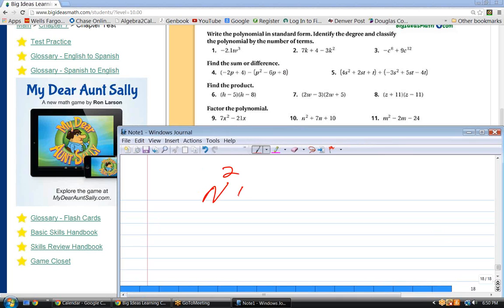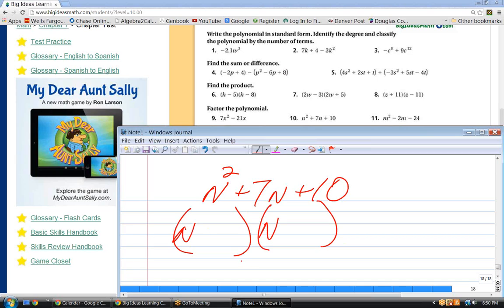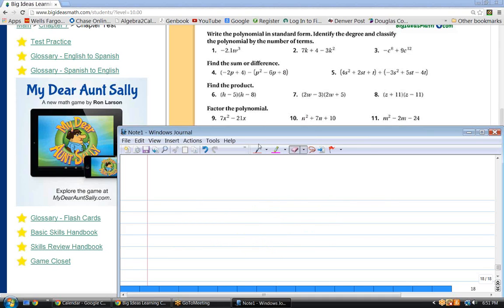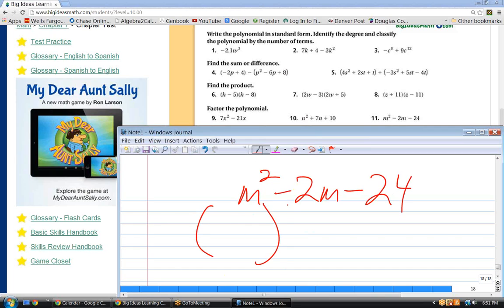Okay, n squared plus 7n plus 10. You can probably do these in your sleep. Plus and plus. 5 and 2. Then m and m, minus and plus, plus and minus, and then